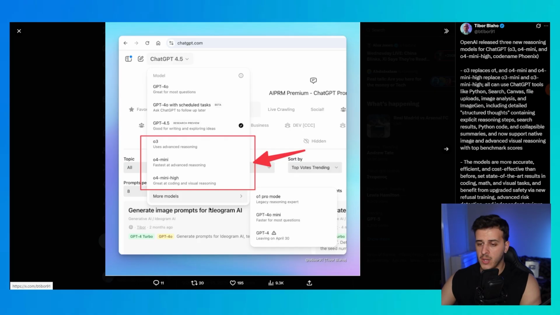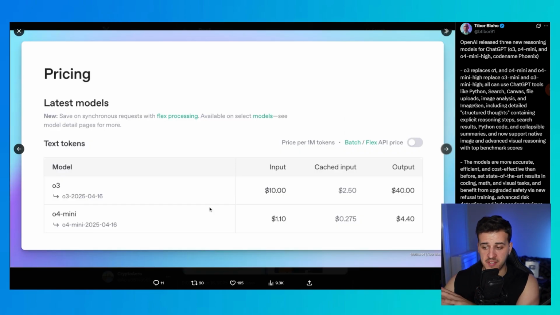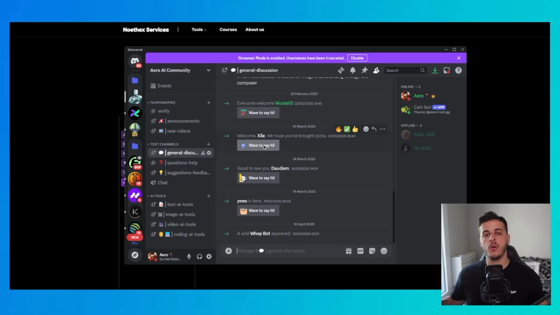So O3 replaces O1. O4 mini and O4 mini high replace O3 mini and O3 mini high. Here we can see the pricing. O3 for input of 1 million tokens costs $10. They have cached input, whatever. And for the output, 1 million output tokens, they've got